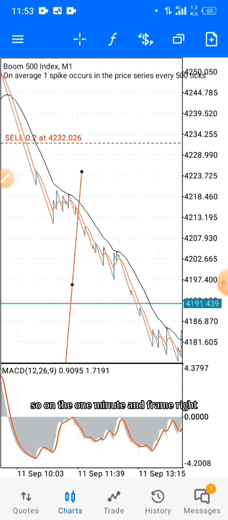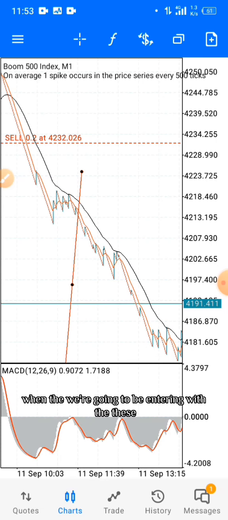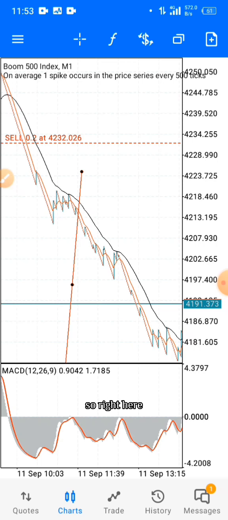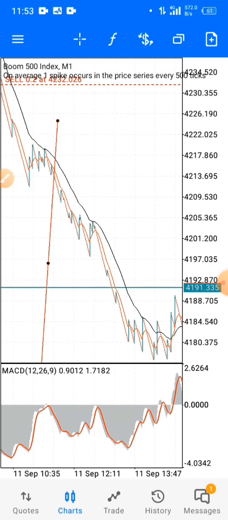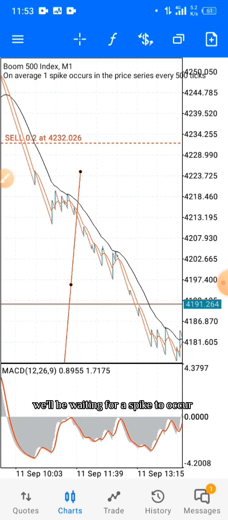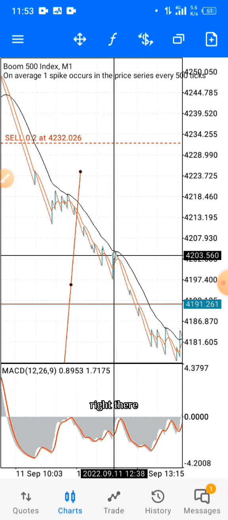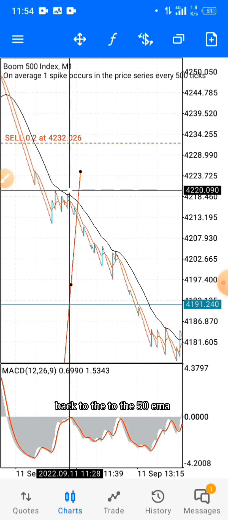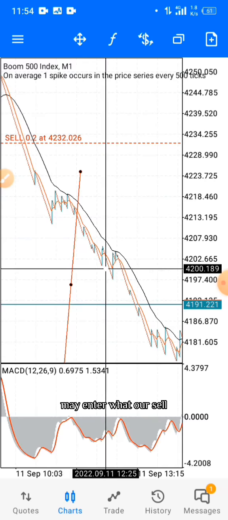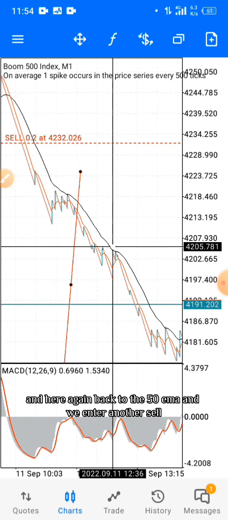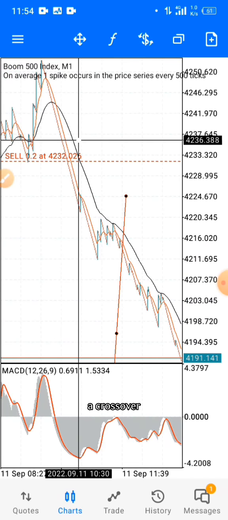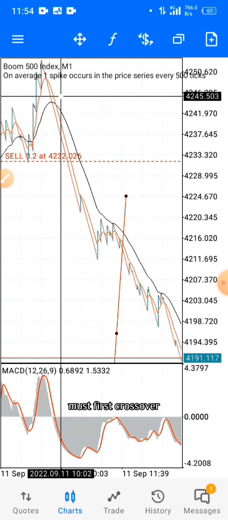On the 1-minute time frame, we're going to be entering when there is a pullback to the black moving average, the 50 EMA, right? So right here we'll be waiting for a spike to touch the black EMA right there. Our first entry, I'm sure we could have entered right there. Pull back to the 50 EMA, we enter our sell, and here again, pull back to the 50 EMA, we enter another sell. There must first be a crossover. The red and the black EMAs must first cross over right there,